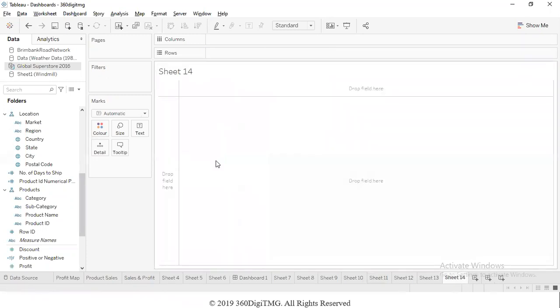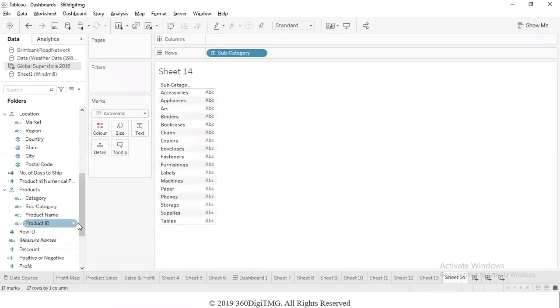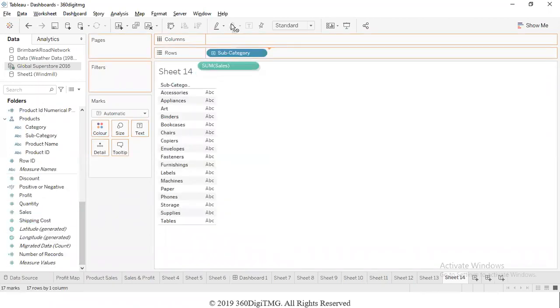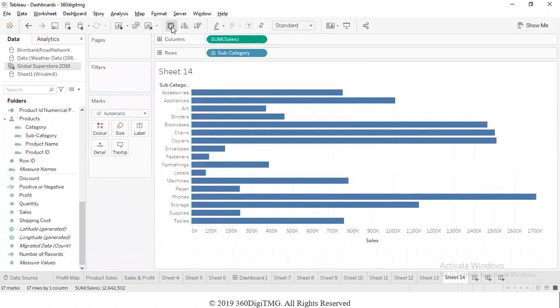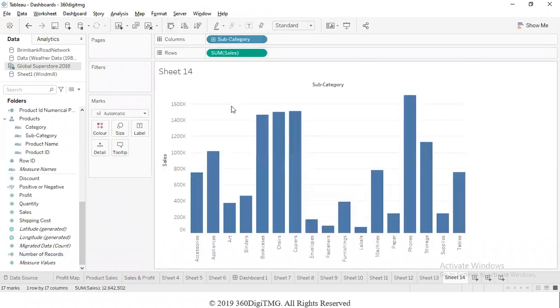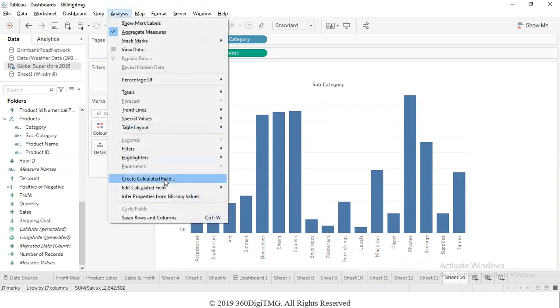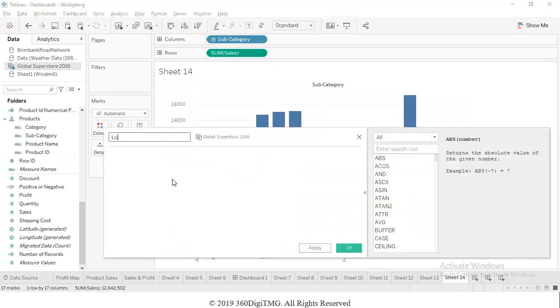So very quickly, I will give one small example on logical calculation also. Now let's say these are different subcategories making some sales and we want to classify them into different types based on their sales. Above 100,000, we will mark them as high sales. Between 100,000 to 500,000, we'll mark them as moderate sales. Below, let us say 400,000, let us mark them as low sales. Now, how do we do such things? For such things, we again will use a calculated field and write the logical statement.